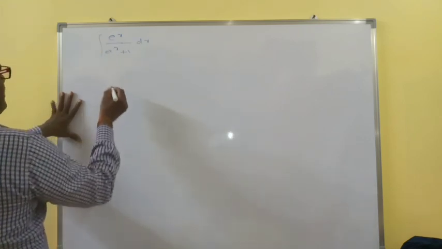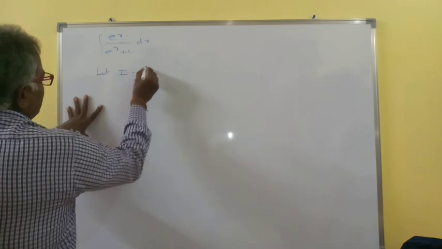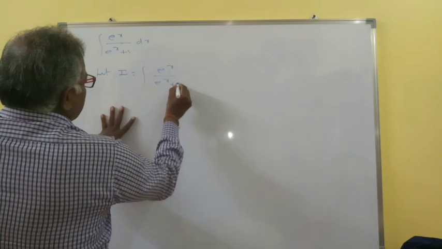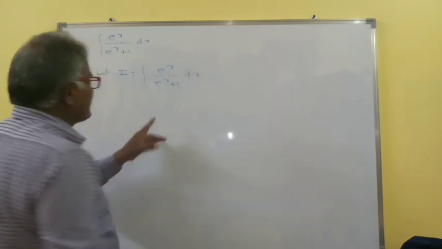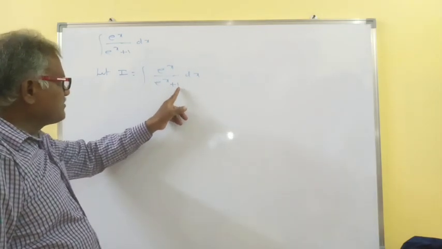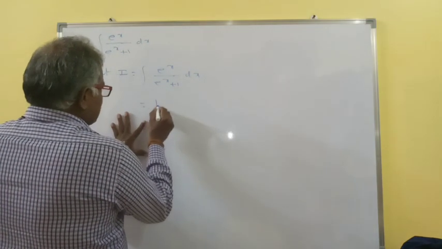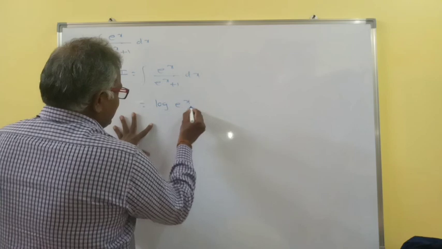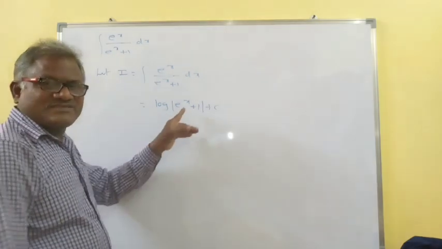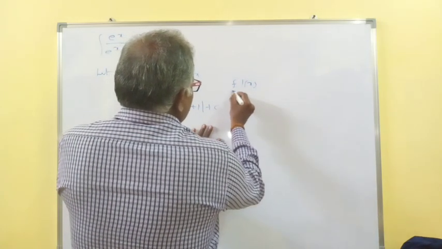So, you have to keenly observe the given problem, integral of e power x by e power x plus 1. You see, the derivative of this one is this one. Here the derivative of e power x is e power x, and the derivative of 1 is 0. So directly the formula is f dash x by f of x. There is no need to write any step. Simply you should write the formula only. For this one, 1 mark.